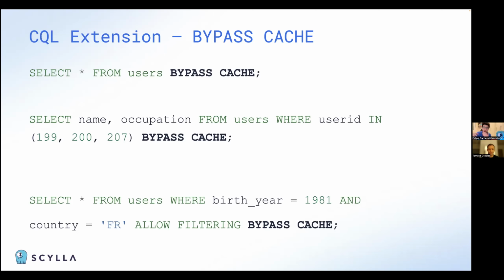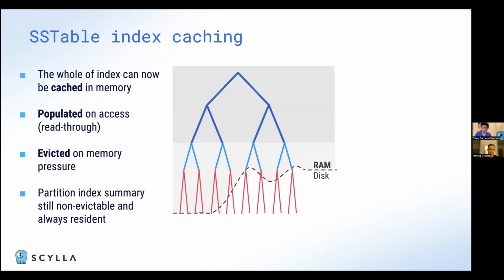Especially if you have a real-time workload running alongside it. All right. And the next improvement that we want to highlight here for you is SSTable index caching. SSTable index caching is a feature Tomek here introduced and presented in our ScyllaDB Summit. It essentially involves also caching the SSTable index component to further speed up reads that have to go to disk. So the SSTable index is automatically populated on access and evicted on memory pressure in such a way that it doesn't affect your workload